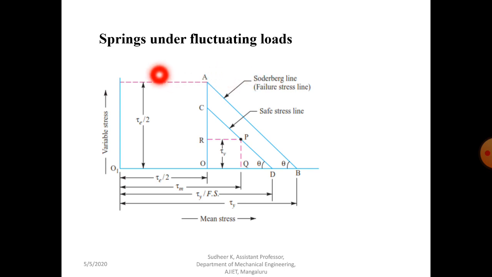The best example of a spring subjected to fluctuating load is the valve spring. Valve springs, commonly used in automotive engines, are always subjected to millions of stress cycles during their lifetime. On the other hand, springs in linkages and mechanisms are subjected to comparatively fewer stress cycles. For a spring subjected to fluctuating stress, there are two important design criteria: design for infinite life and design for finite life.